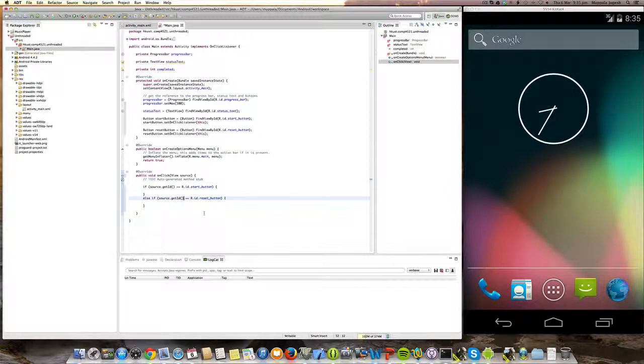Okay, so now what I am going to do is that inside the start button, when the start button is clicked, I am going to make it do a lot of computation in the background. So to help me to do that,